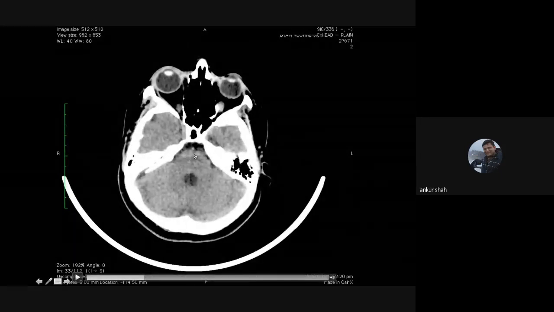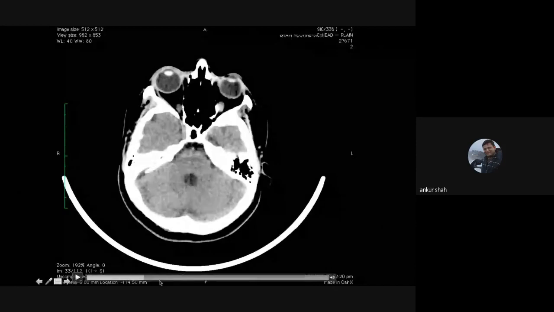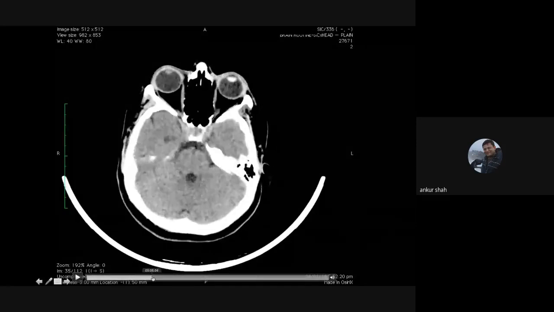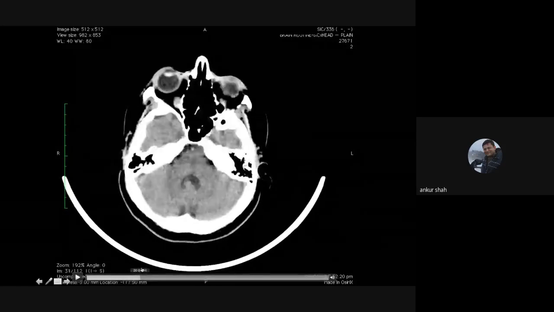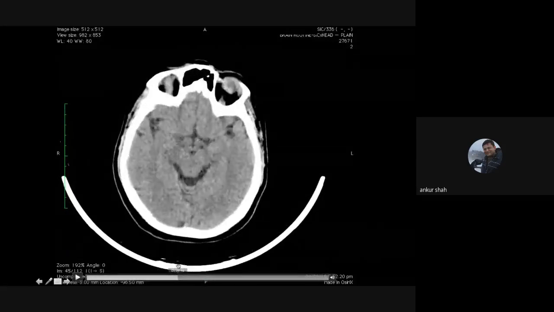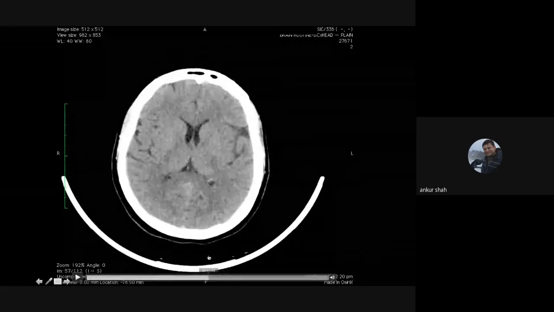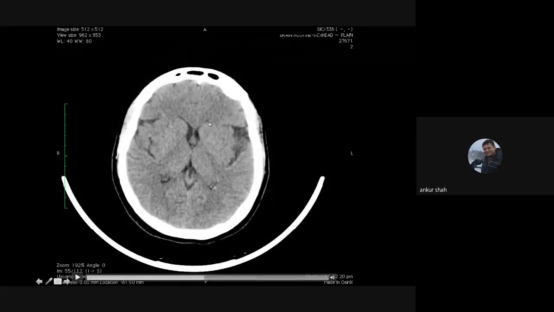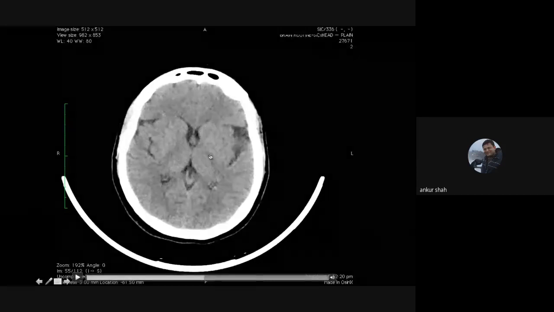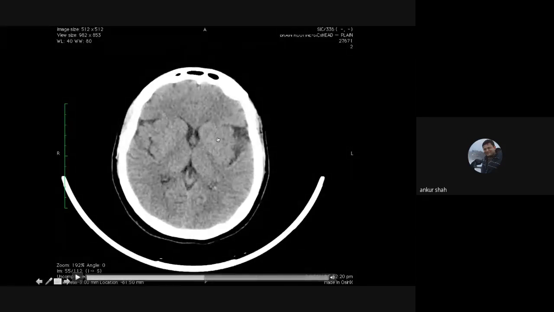So is it a hemorrhage? No, it is not hemorrhage, it is just artifactual. So particularly brainstem lesions, and even sometimes lesions which are in the cerebellum, CT scan is less useful compared to MRI. For lesions which are in the basal ganglia or thalamus, you can see here all parts of the basal ganglia: the caudate nucleus, the internal capsule, the thalamus, the globus pallidus and putamen. Both may not be seen separately, but you can see the entire